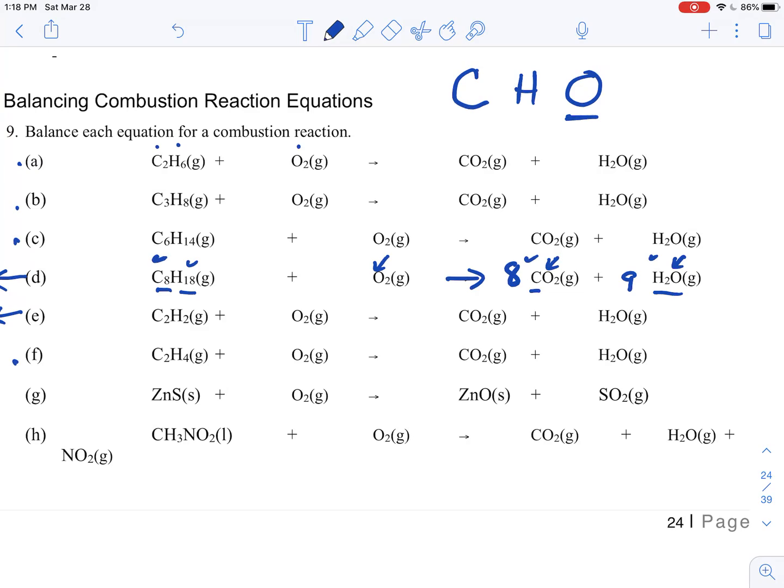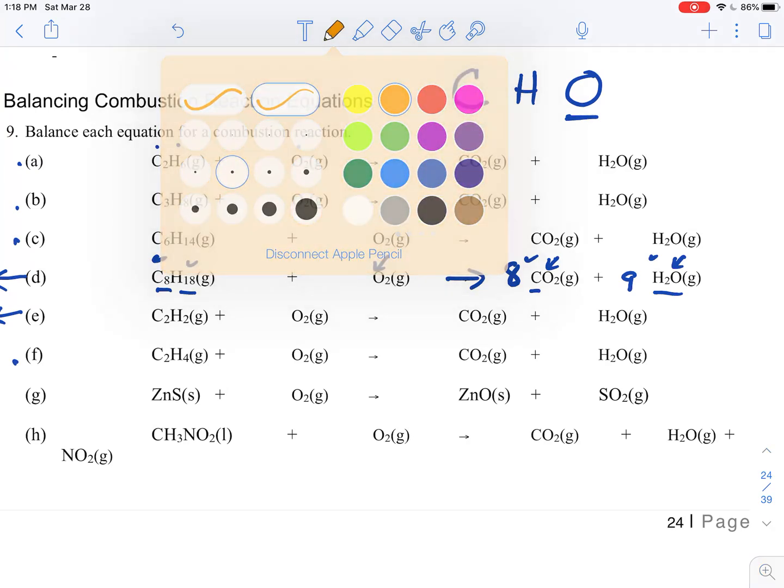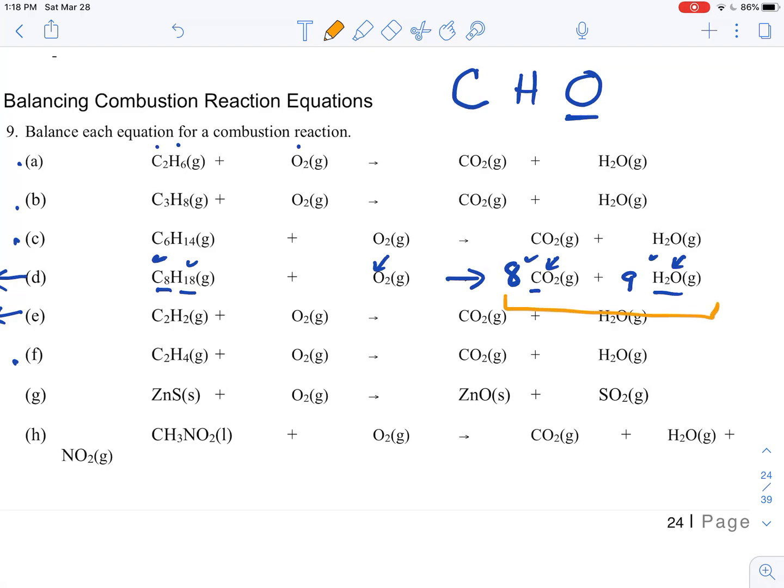So on the right side, we have oxygens in 2 places. So we're going to add those up first and then balance it by looking at the one spot where we can still put a coefficient on the left side. So my oxygens on the right side, 2 times 8 makes 16 over here. And then you notice you have to add 9 to that. And we get a very odd number of 25 oxygens on the right side over here, and that does make it tricky,